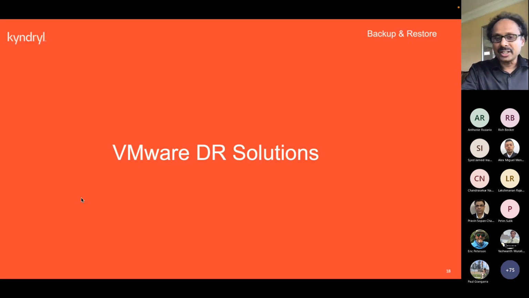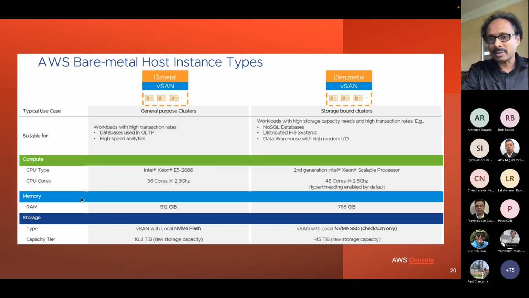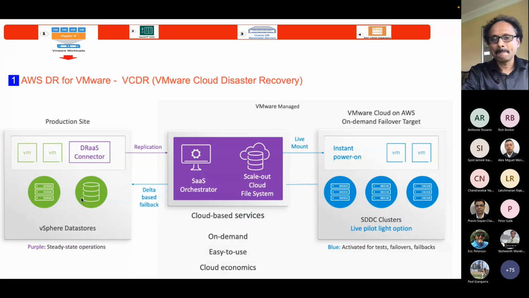Let's look at a couple of VMware DR solutions that people can utilize. The VMware Cloud that we talked about, which we can set up in AWS, basically provides a capability to vMotion the VMs from on-prem to AWS, and also an ability to utilize AWS native services. And they support two bare metal servers. We went through those two bare metal servers earlier. Please make sure that you understand which one you should choose for solutioning.